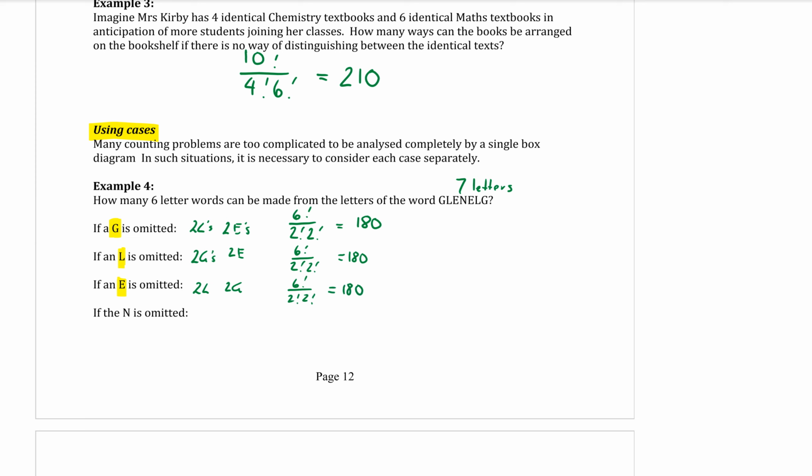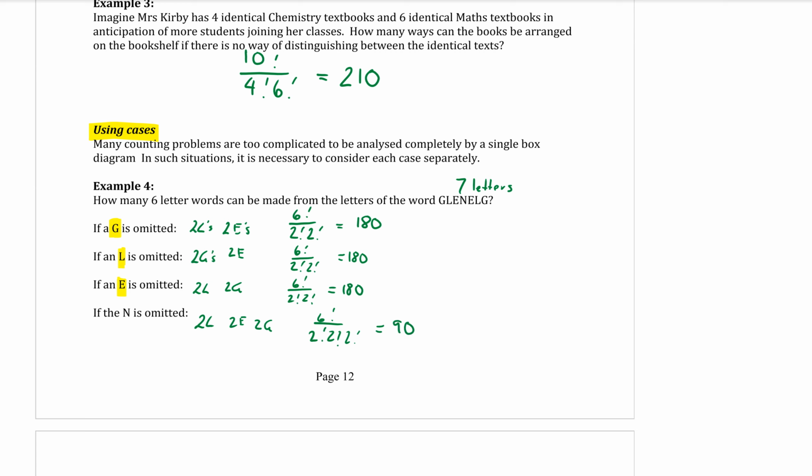The last one is different. If the N is omitted, 6 factorial divided by 2 factorial, 2 factorial, 2 factorial, because I've got 2 L's, I've got 2 E's, and I've got 2 G's. Because the N, there was only ever one of those to begin with. So there is 6 factorial over 2 factorial, 2 factorial, 2 factorial, which is only 90